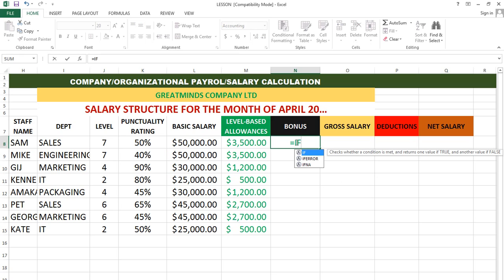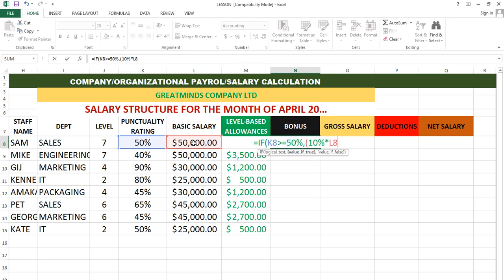Equal to, IF, open bracket, if punctuality rating, which here is K8, if K8 is greater than or equal to 50%, comma, the person should be given 10% of his basic salary. That is 10% times our basic salary, here L8. You close the bracket, comma. If the person fails to meet the target, that's if the person's punctuality rating is less than 50%, so IF, open bracket, punctuality rating here K8 is less than 50%,